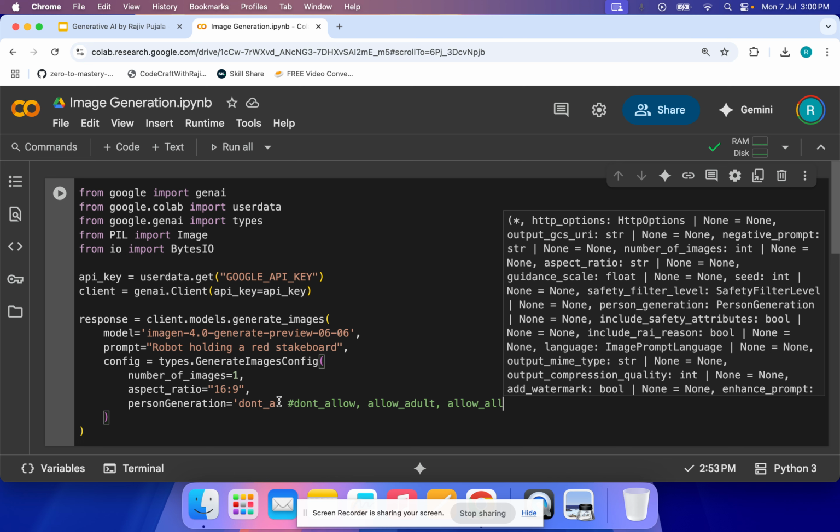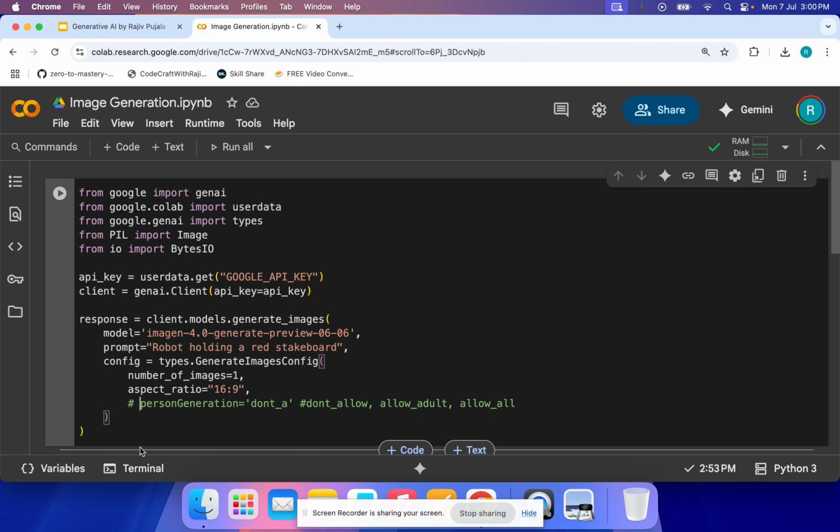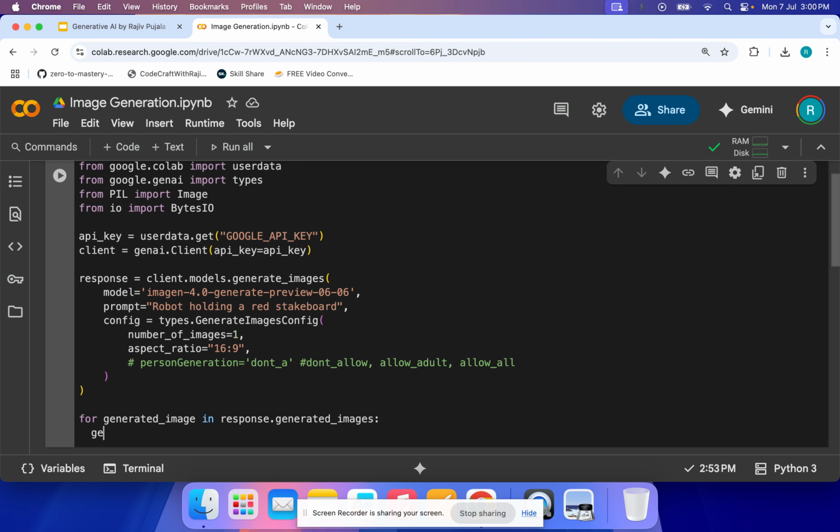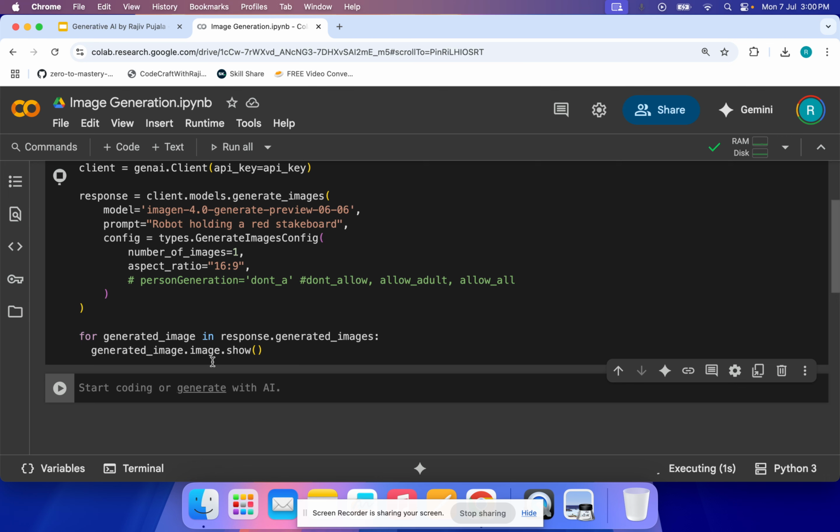For example, let's say this is not there over here, and for generated image in response.generated_images, generated_image.image.show. So for example, let's run this one,